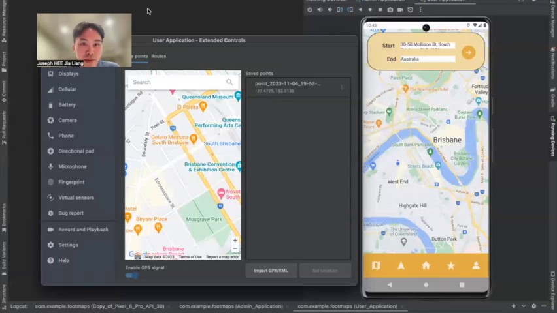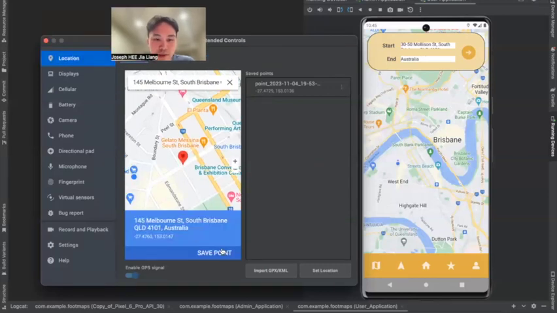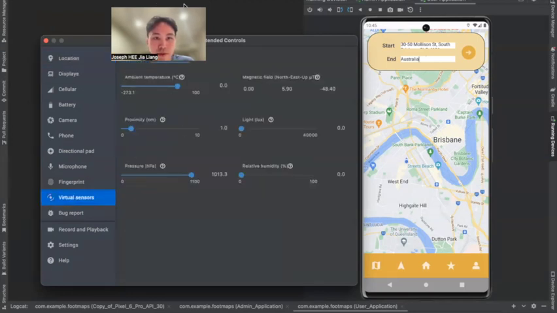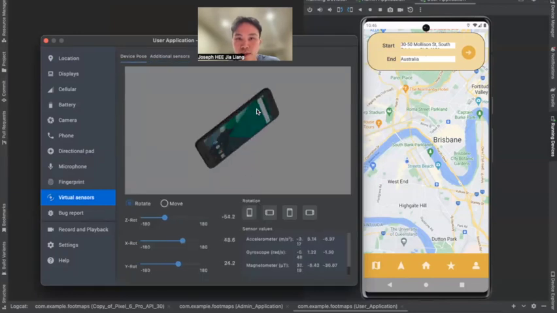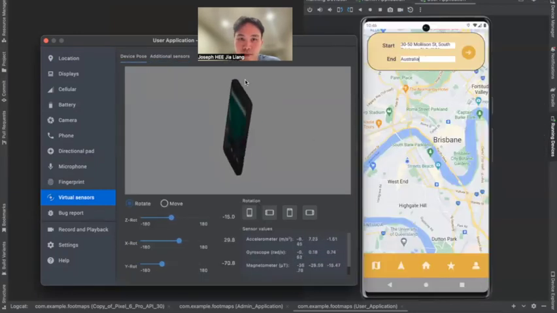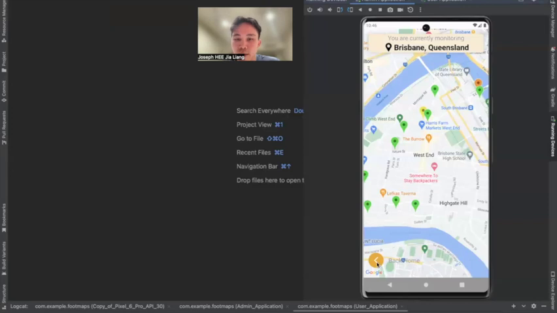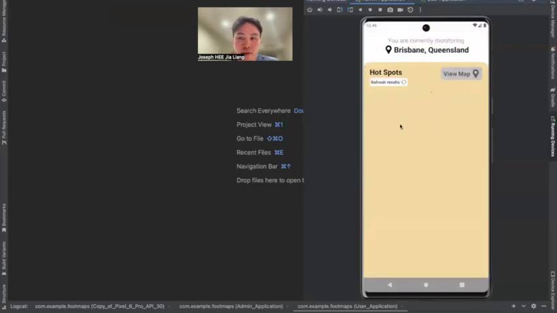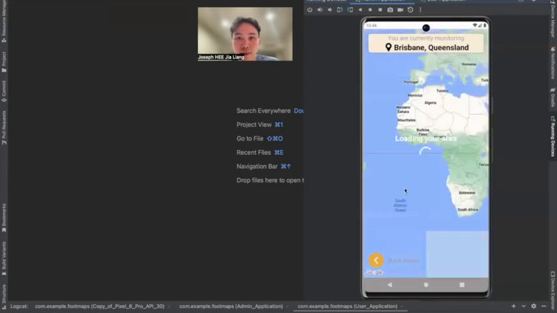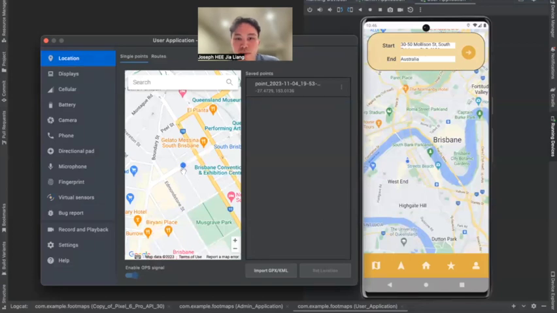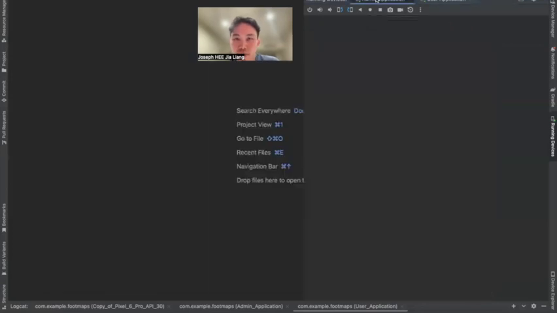So to simulate that over here, I will just set a new location here. So set location. And over here in the virtual sensor, I will just try and simulate some gyroscopic movement. So on the admin application, we should see some data based on what was collected from the user. So if we recall, the location where the movement was detected was near Gelato Messina. So if we go to the admin application,